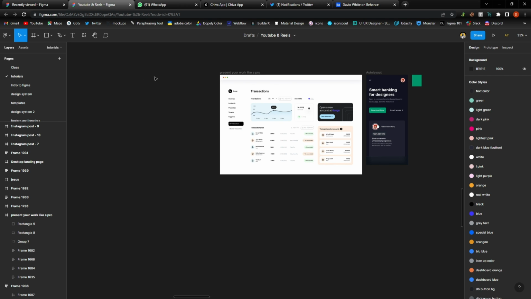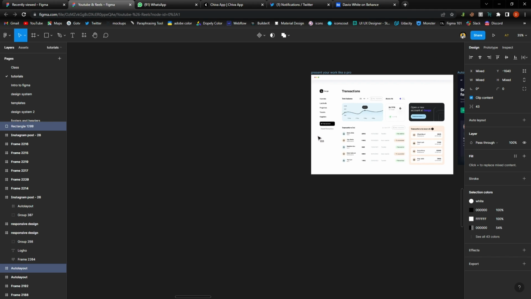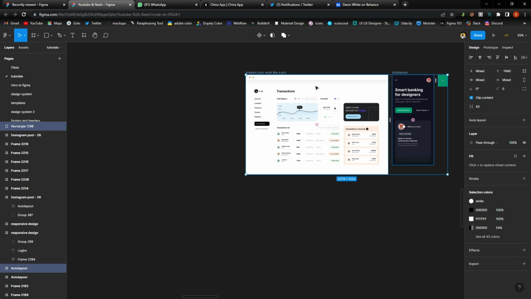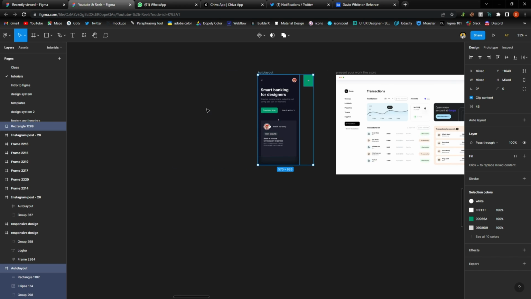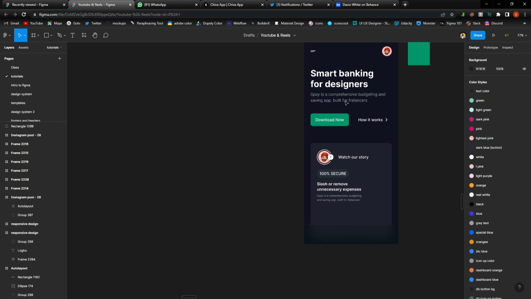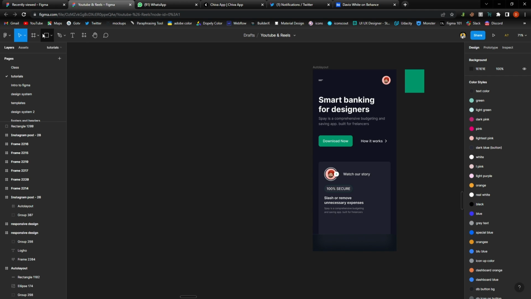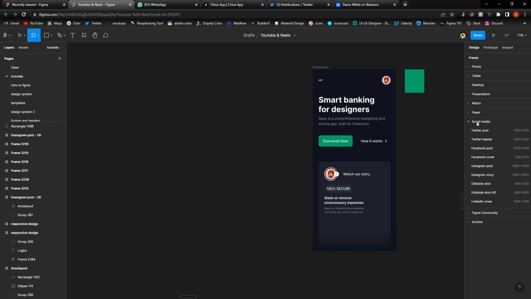So the first section is the mobile view, and I'll just move this to the left, deselect this, and just bring both of these to this part. All right, so first thing I like to do after designing what I have here is to go into frames, come to social media. So social media is checked, so click social media,